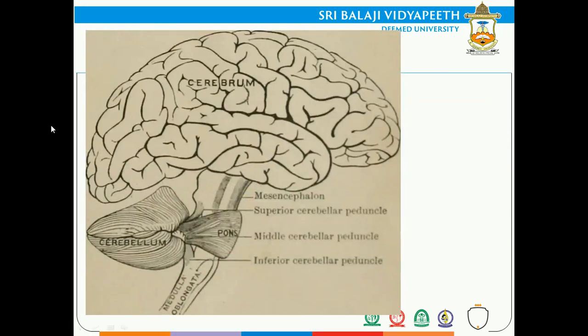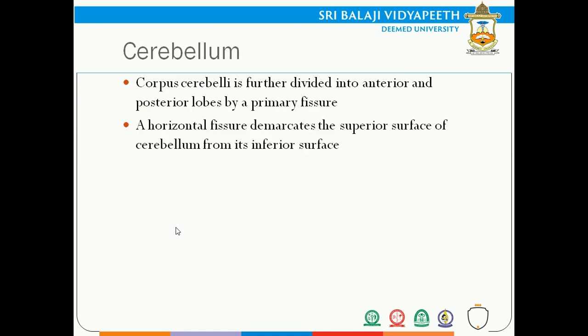So this is the image of the cerebrum, the cerebral cortex. Below that, you get the mesencephalon area, and then the pons and the medulla oblongata. The space between the cerebellum and the pons is occupied by the fourth ventricle, and this is the cerebellum, which is bilaterally present, with a midline in between where the vermis connects them. This image makes it clear; it's portrayed in such a way that the entire structure is exposed to you. So coming to the corpus cerebelli.